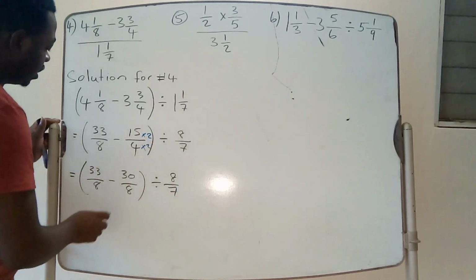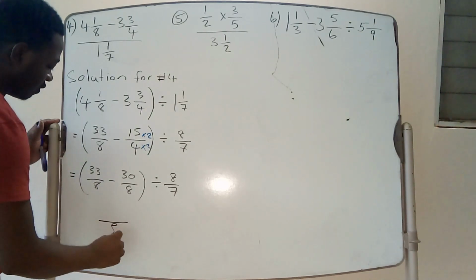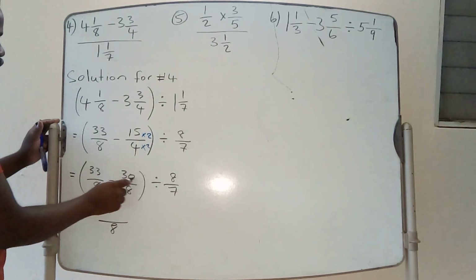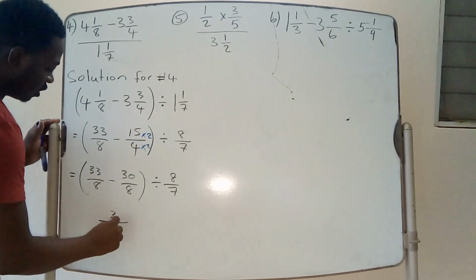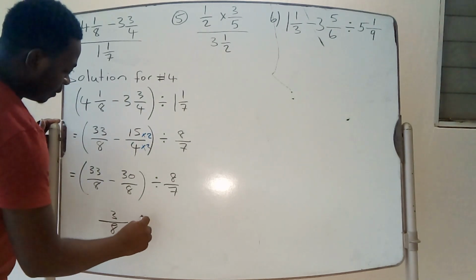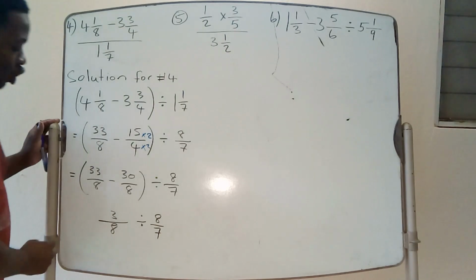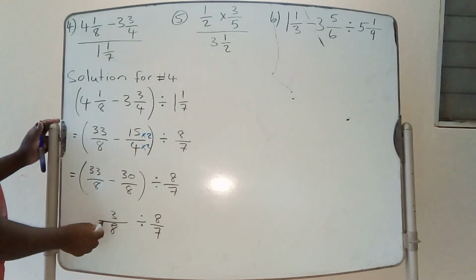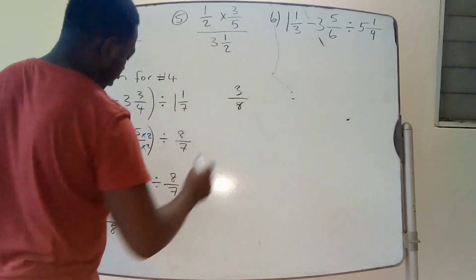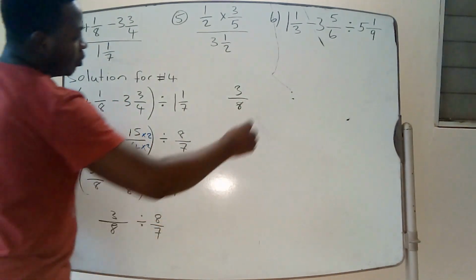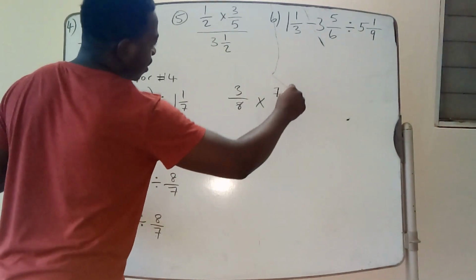8/7. Note here that both denominators are the same, so I'm going to keep my denominator of 8 and just simply subtract the numerators. So 33 minus 30, that's going to leave me back with 3, divided by 8/7. Now, the division rule applies, so I'm going to keep the first fraction, which is 3/8, change my division sign to multiplication, and invert the last fraction, so this becomes